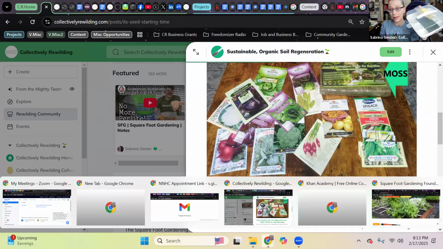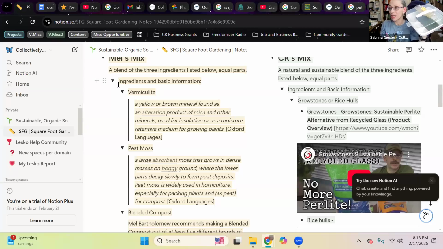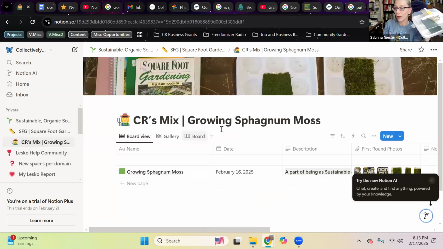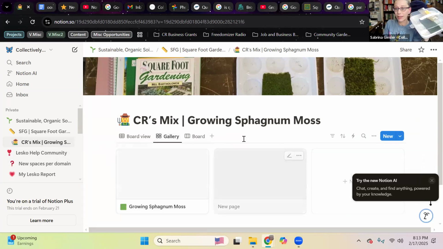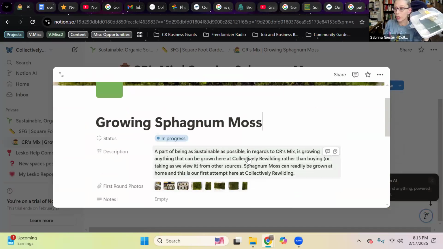I'm already building the information for you guys in this neat new document platform. I'm not sure exactly what they call themselves over here, notion.com, that we've talked about. If you look into the square foot gardening area, we are continuing on with the growing sphagnum moss. And I'm playing with some of the different ways that you can look at the information that we're putting together. All going to be covered here for you, all the different pictures, what it is that we're doing, the labels for the different varieties of moss, the information that we find out in consideration of sphagnum moss.